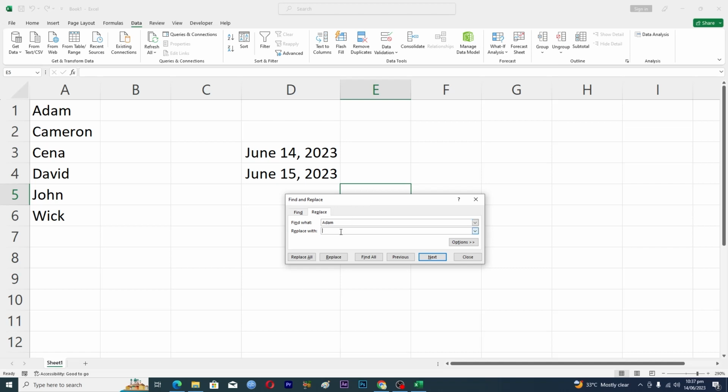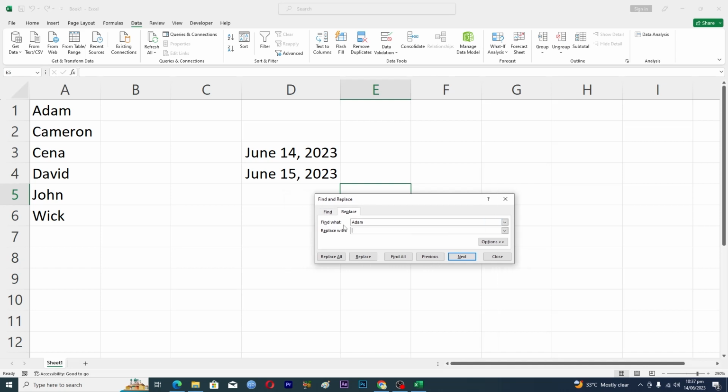Okay, and then make sure that you are in the Replace tab here, and first of all it says Find what. Okay, so you will enter the name that you want to be replaced. In my case I want to replace this name here, so I will enter this name here, and then you will enter the value that you want to appear here. Okay, so let's suppose I want to replace this name with Williams here, and then you will